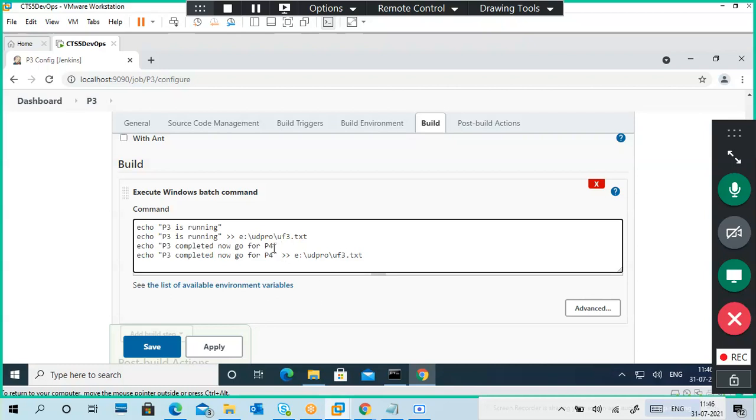Okay, go for P4 is not there now. I don't want it. Because these are slow machines, it will take a lot of time. Okay, so I am not going to another build, only P1, P2, P3 only.